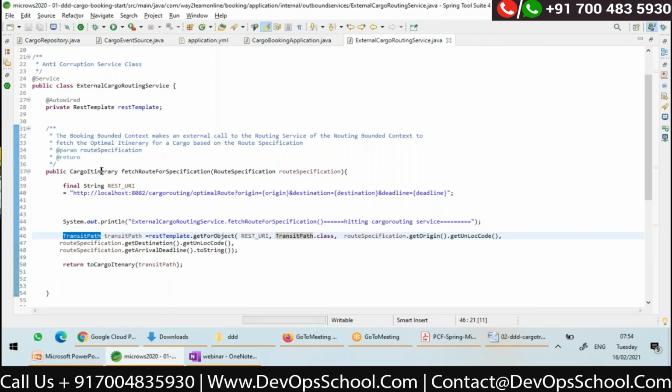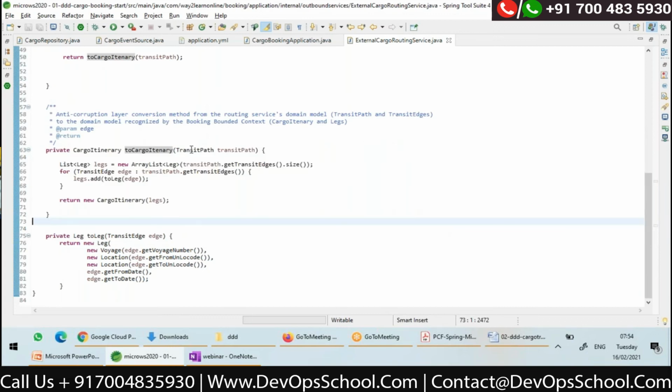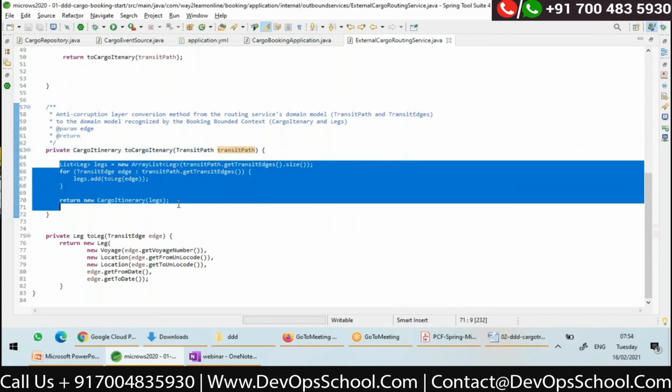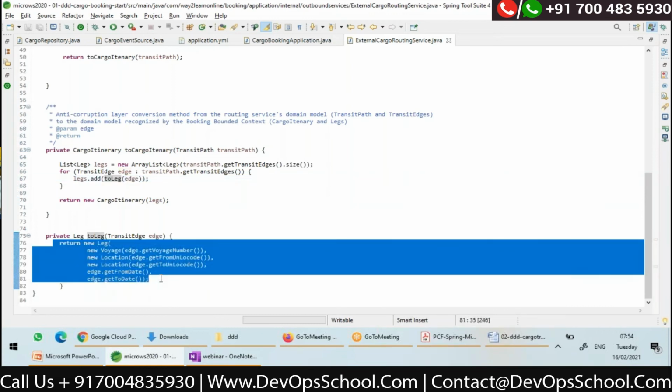See here, this method is returning itinerary, cargo itinerary. So I need to write an anti-corruption layer which will convert the data given by the routing module to a domain model of my application. Here I wrote a method called toCargoItinerary. See what it is doing: it takes the transit path object and has logic to convert the transit path to a cargo itinerary, and internally it converts the edge to a leg, right?